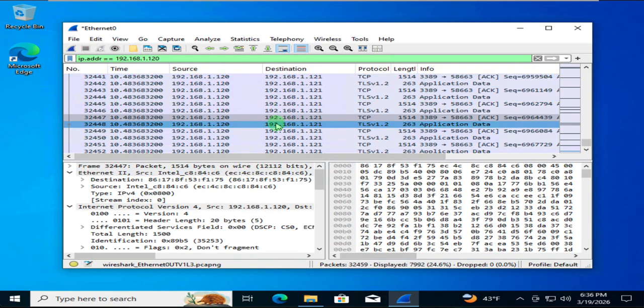Okay, so that's a quick overview of the Wireshark tool, and that's how you install it on a Windows 10